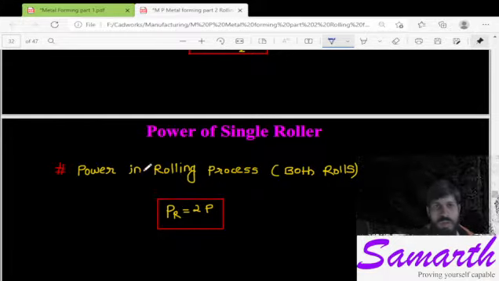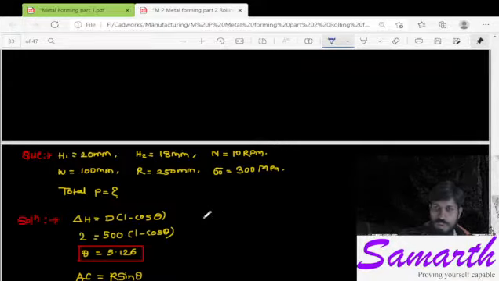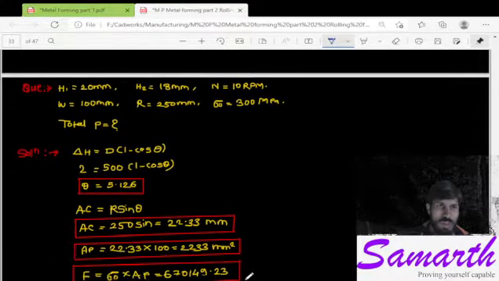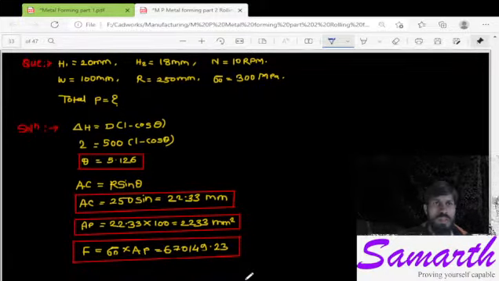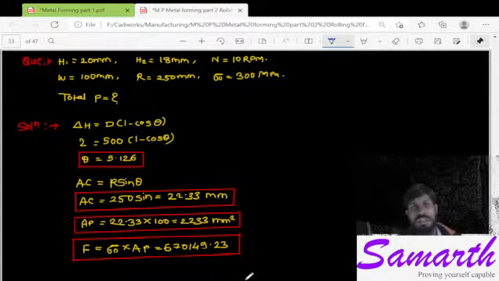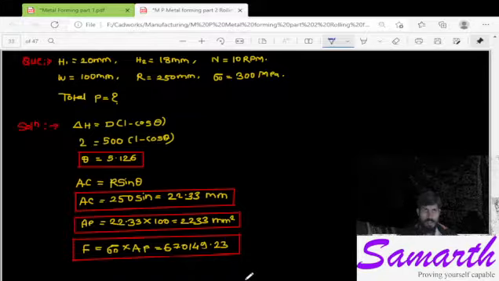Rolling power, or power in the rolling process, that is for both rollers, will be twice P. So we will solve one or two numericals on this. We have given H1, the initial height or thickness, equal to 20 mm, final thickness 18 mm, then the RPM of the roll is equal to 10 RPM, width of the plate is 100 mm, roll diameter 250 mm,